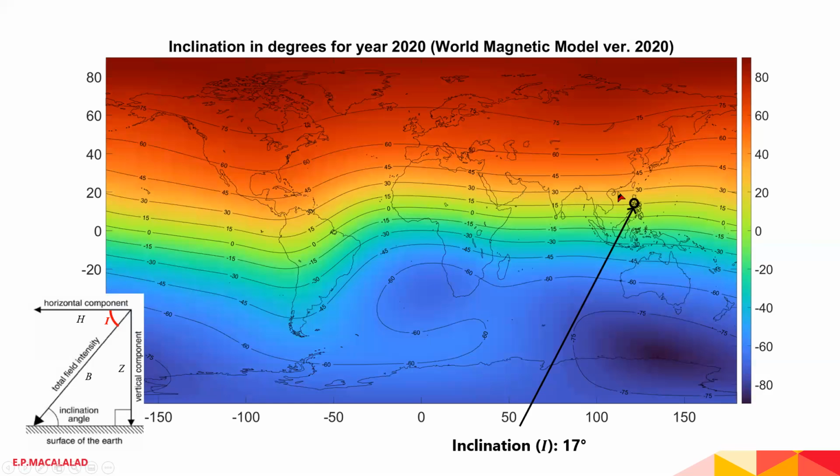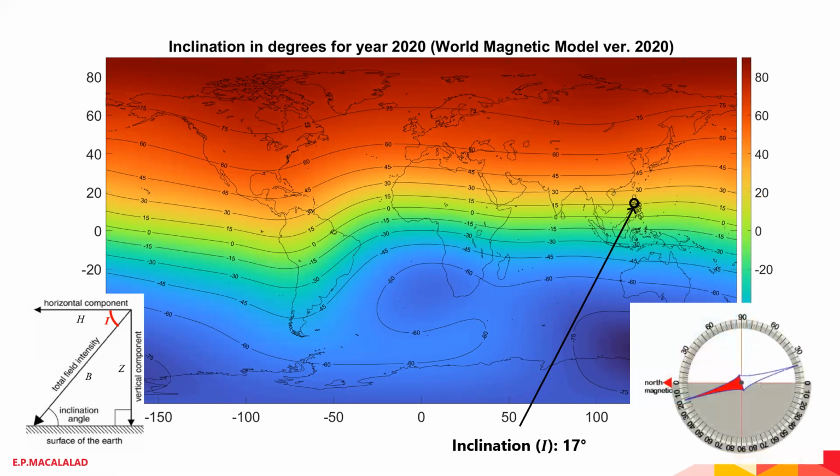Okay, so just by getting data in the Philippines, you can study both the equatorial region and the low latitude region. In terms of space weather and space environment, the magnetic latitude, or the dip angle, or the inclination location is more important than the geographic location. So if we place a needle here in the Philippines, it will dip a little bit downward at about 17 degrees.